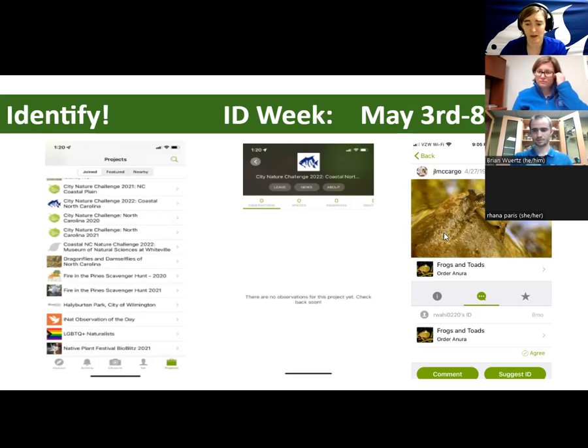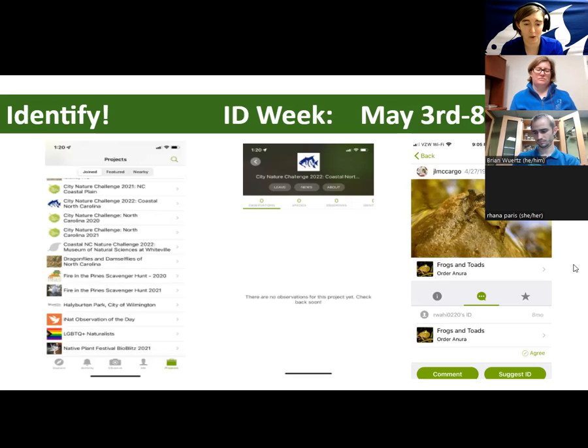So in our case, what we're interested in is collecting all of the observations people make in our coastal plain region in North Carolina, which includes a big number of coastal counties here, from New Hanover County all the way up to the Outer Banks and inland, basically to I-95, roughly thereabouts, and observations that happen during the 4 days of the challenge. So anything that meets those criteria is going to get automatically added into our project and counted